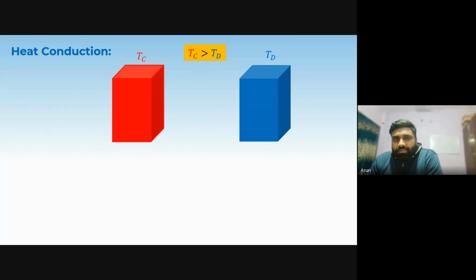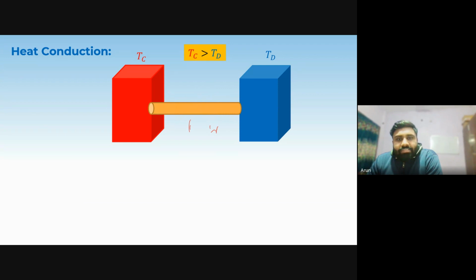Although in the upcoming slides you will see a question in which this scenario is reversed. For better understanding, we have put Tc greater than Td. If we place a metallic rod connected to both, and the rod itself is insulated so that heat loss will not happen to the surroundings,